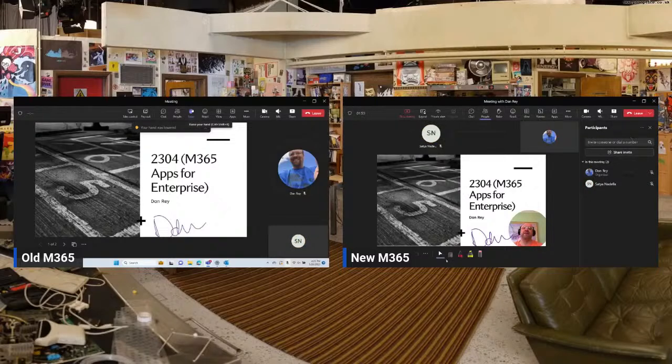And I see all of these other rich capabilities like the ability to draw on my slides, using a laser pointer to point out the version of Microsoft 365 that I'm using,